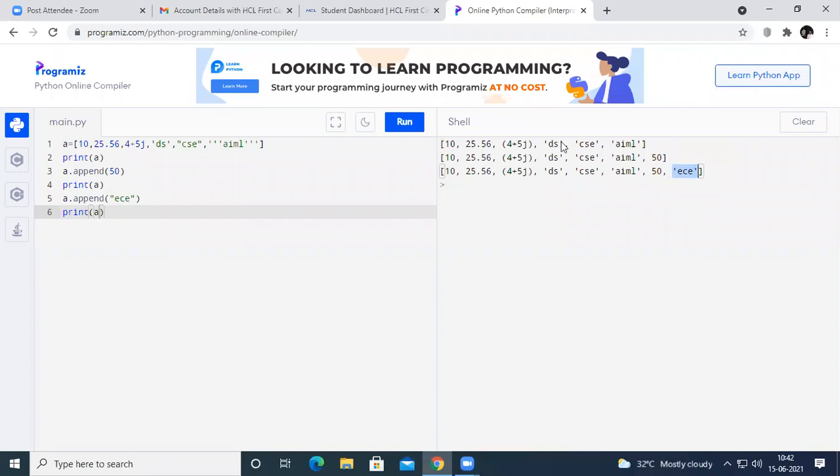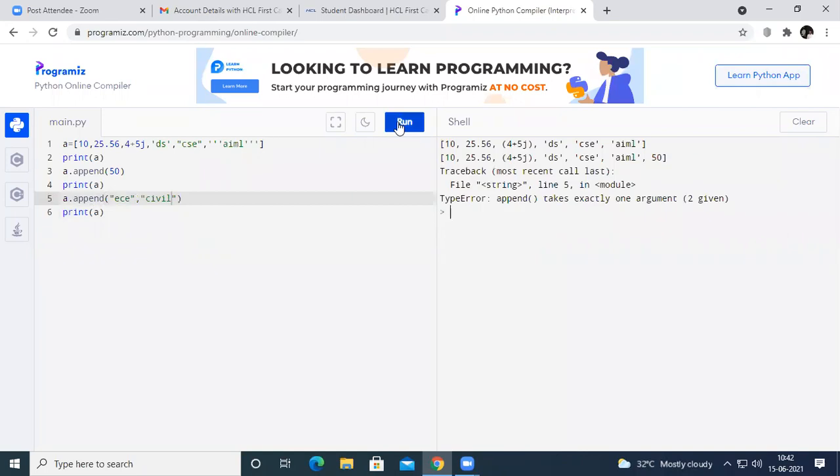At the same time, one thing is that I cannot add multiple elements by using the same append function. For example, if I want to add ECE and civil here, and if I run the code, you can see that append takes exactly one argument.